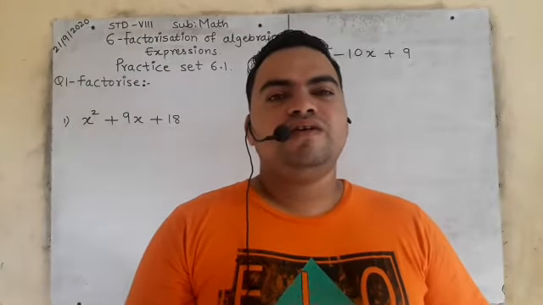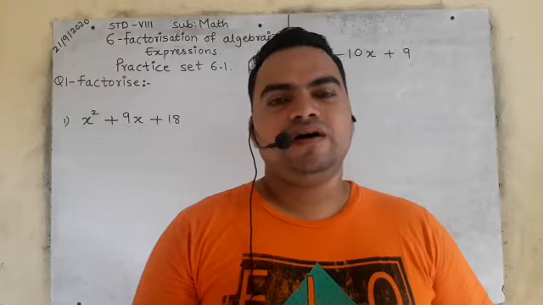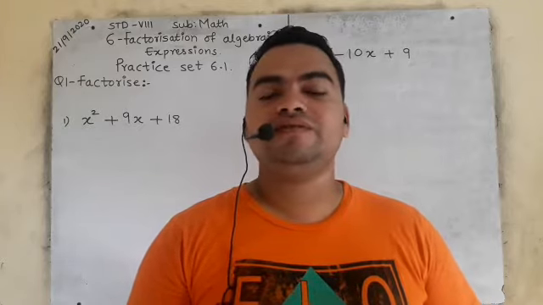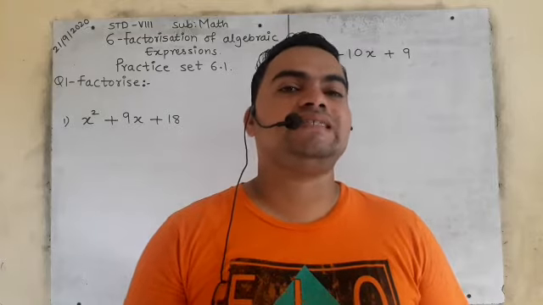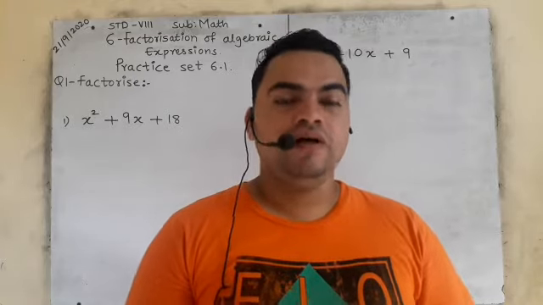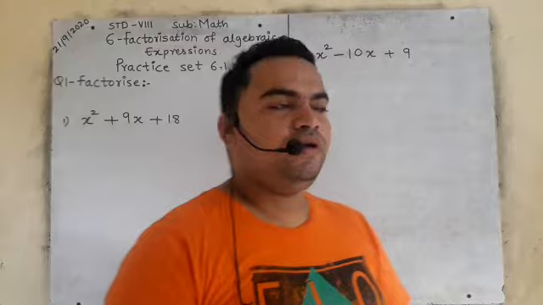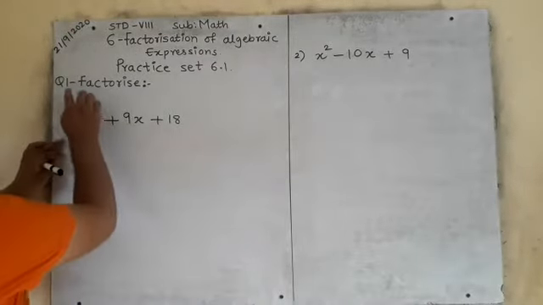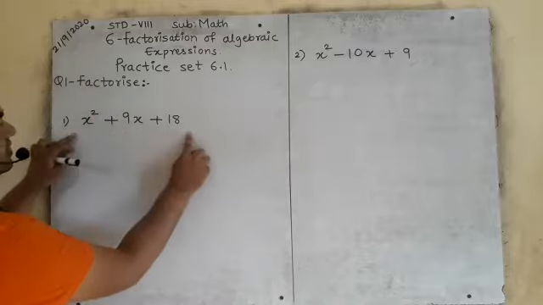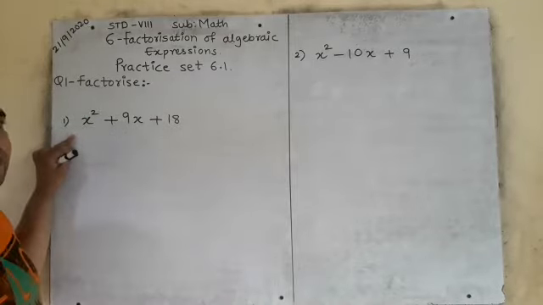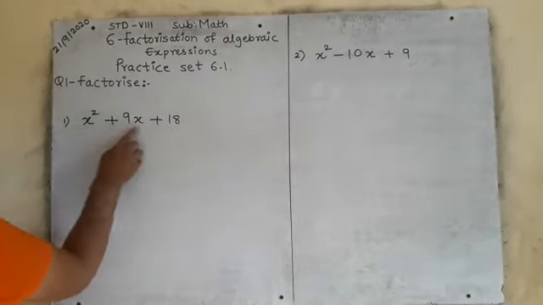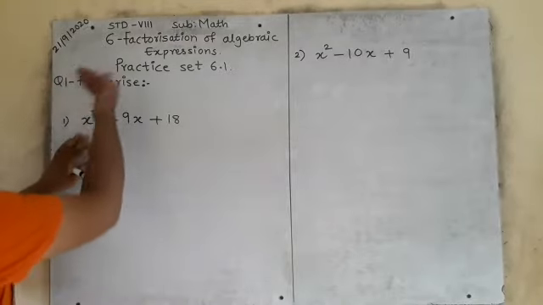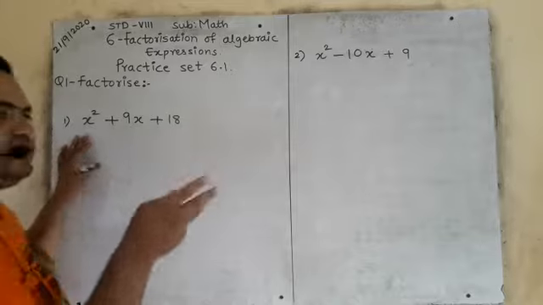So my dear students, now we will see practice set 6.1, how to factorize. Please pay attention because this same exercise will be in 9th standard also, in 10th standard also. So you have to learn it in 8th standard only. Look at the board, same method, same trick we have to follow. This question number 1 is factorize and this is a quadratic trinomial. Why is it quadratic? Can you see x is the only variable here whose highest power is 2, therefore it is quadratic.